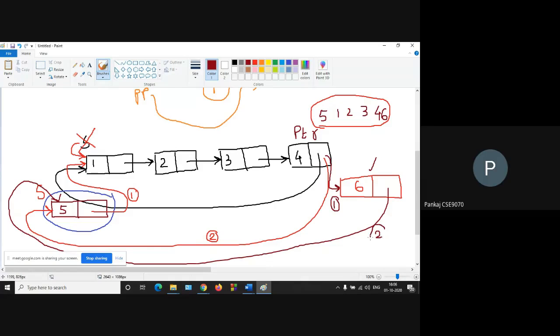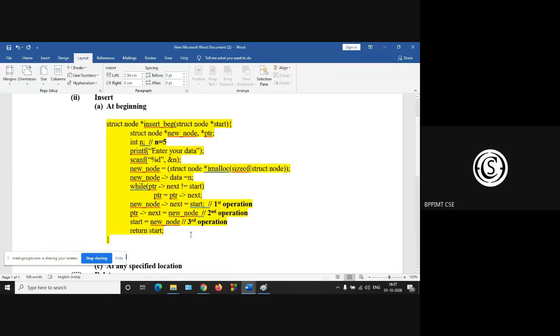Okay. Yes, sir. So after the completion of the code, your list looks like 5 1 2 3 4 6, and your S is pointing to the start node 5. Okay. So how to modify this code?